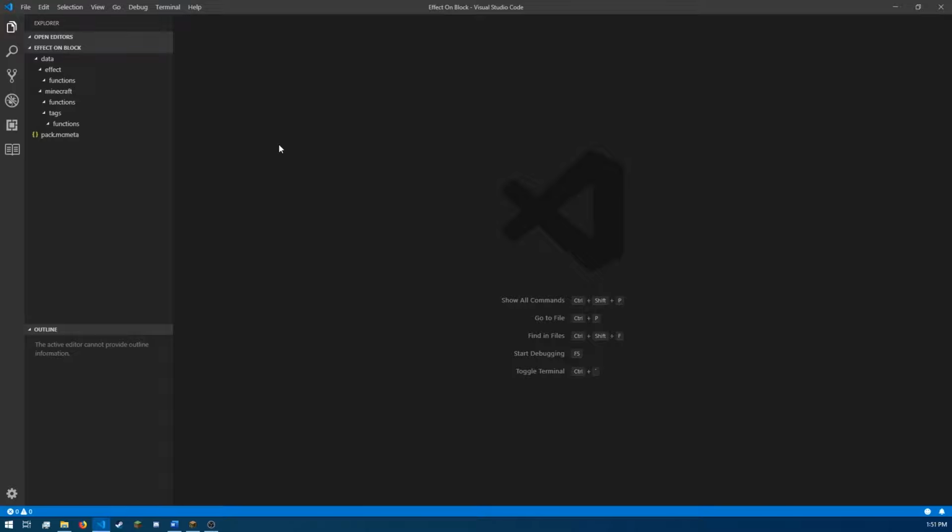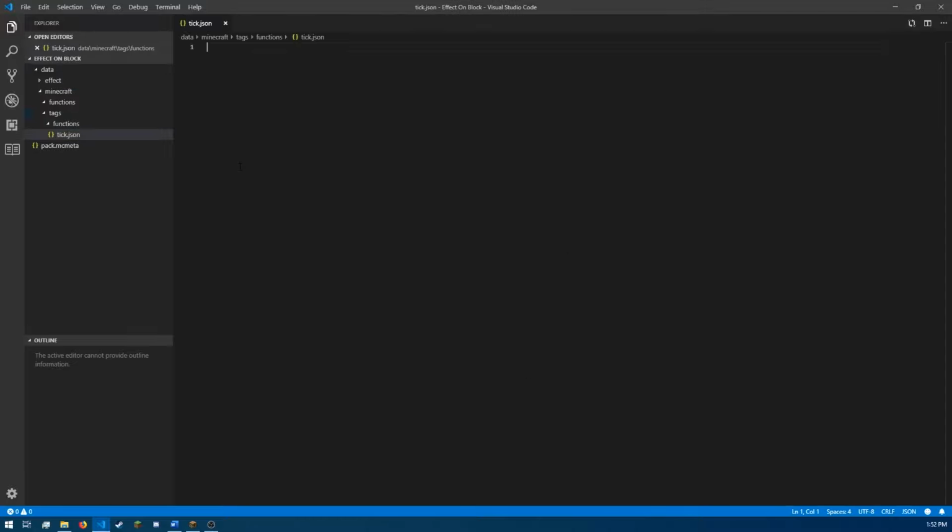So, to start us off, I have an empty data pack with all the folders we're going to need. First, we'll set up a tick.json in the Minecraft tags under the functions folder. So, new file, tick.json. And what you do here is open your root tags, replace